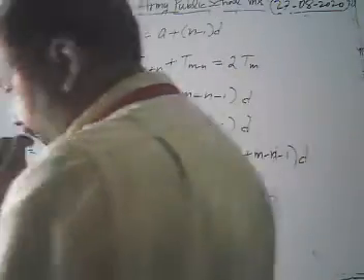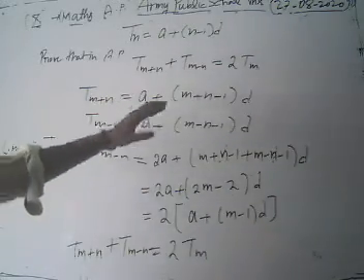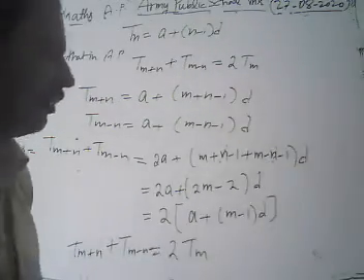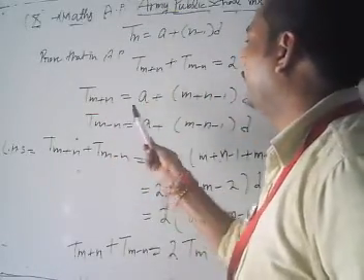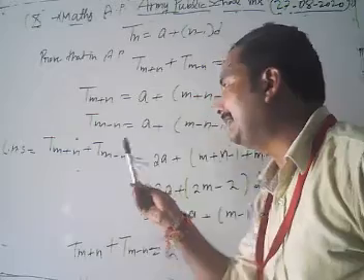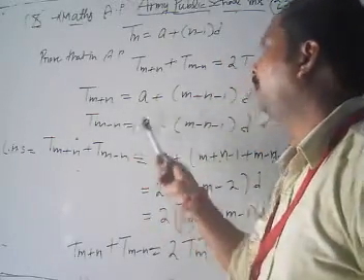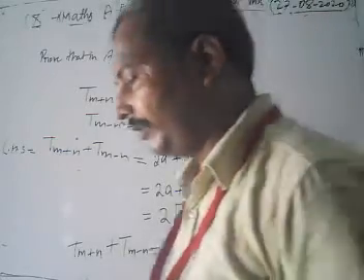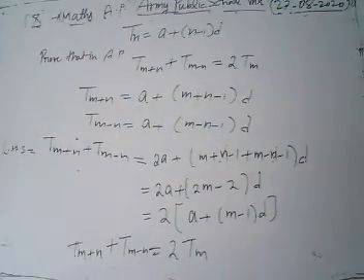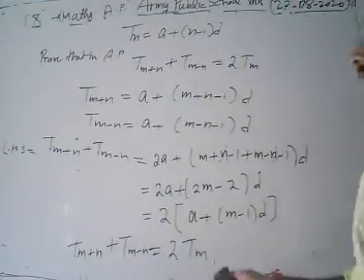Again, I am going to revise it. What do we have to prove here? We have to prove Tm plus n plus Tm minus n is equal to 2 times Tm. We just use the general term formula. Tm plus n is given by a plus m plus n minus 1 d. Tm minus n is given by a plus m minus n minus 1 d. We added both, taking our left hand side. After solving, we get our result as 2 times Tm. This is our proof. Now, we are going to take the next question.